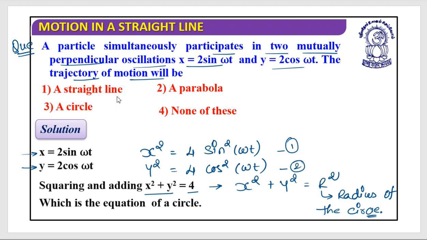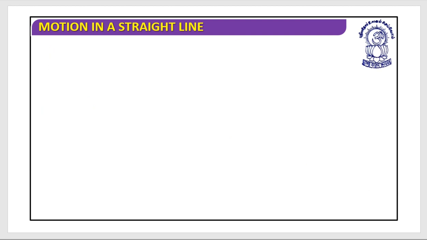Then this trajectory represents the circle having a radius of 2 meters. So this is the equation of a circle, and this represents a circular trajectory. I hope these things are clear. Yes? So if the same kind of question has been asked,